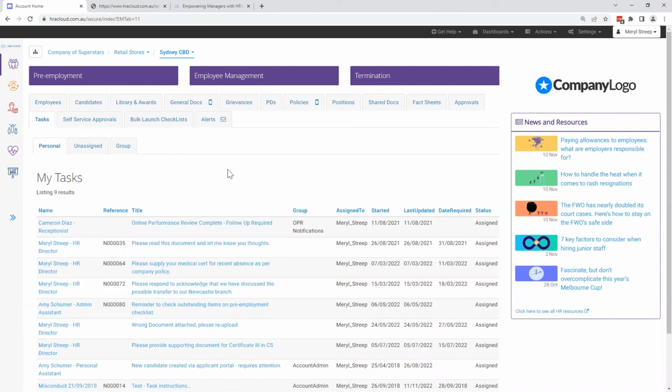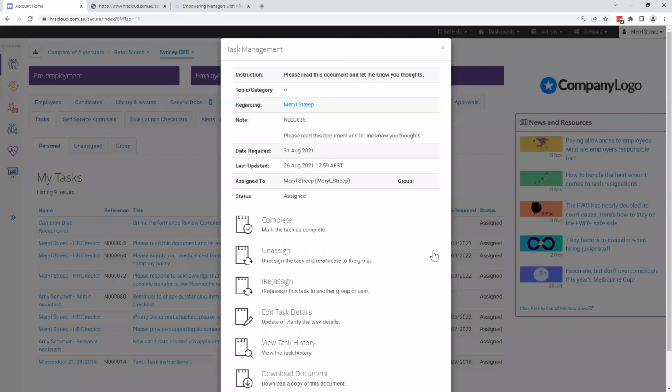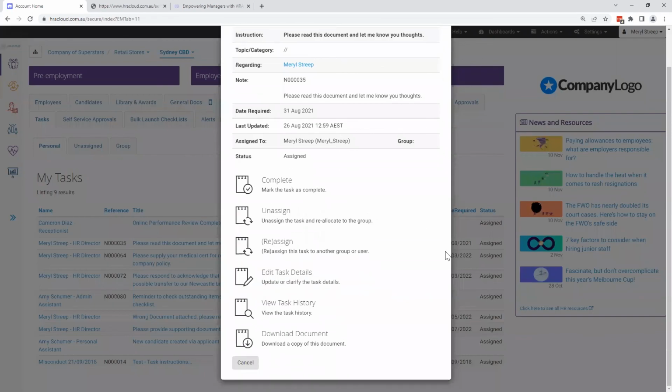Users can create a task to serve as a reminder for themselves, or can assign a task to another user for action. Click on the title of the task, and it will open up some different options to you, where you can then choose the most appropriate one, depending on what you're needing to do with that task. If that task has been completed, you'll be able to complete that task and close it out.